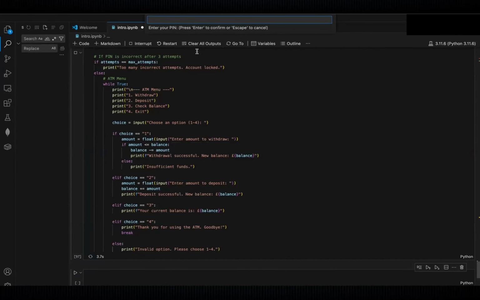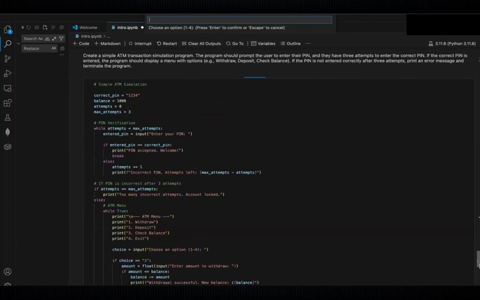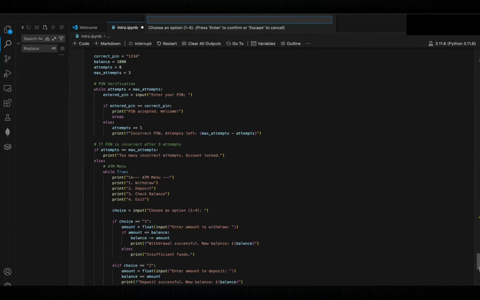So now it's giving us enter your pin. Our pin is 1, 2, 3, 4. Can you see that? Pin accepted. Welcome. You can see that from our code. Pin accepted. Welcome, because our pin is correct. So now it tells us to